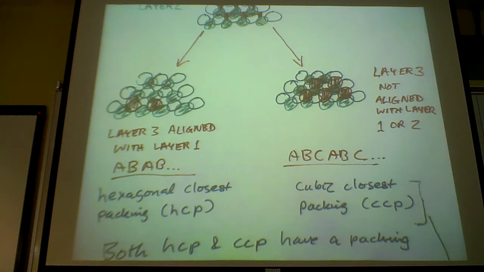It's the closest packed structure, it's the densest you can make in terms of the density of the material that you can pack into a cubic or hexagonal unit cell like this. Okay,